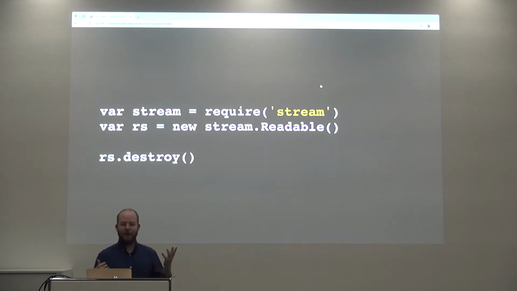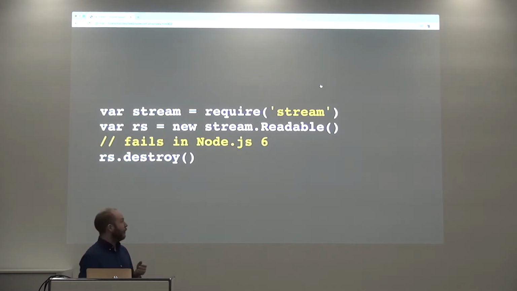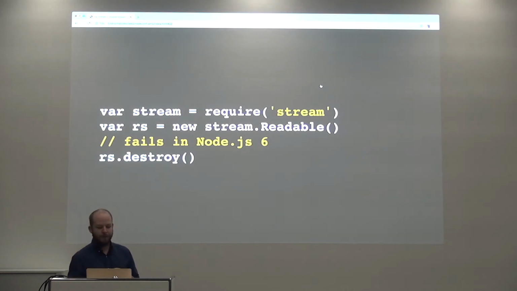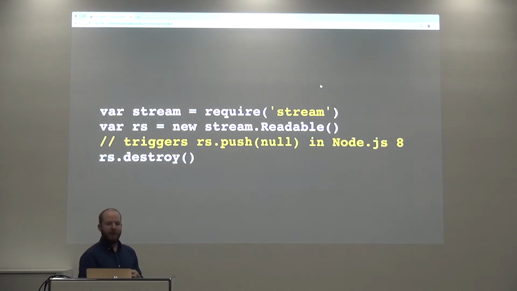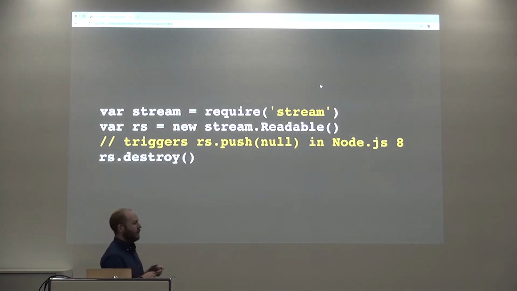Well, the problem here is that if you run on Node, you don't know which Node you're running on. If you write a module that does this and run it on Node 6, it fails. It's just going to be undefined is not a function. If you run this in Node 8, it's going to trigger what internally is called push null, which pretends that the stream is not ending abruptly but gracefully ending.